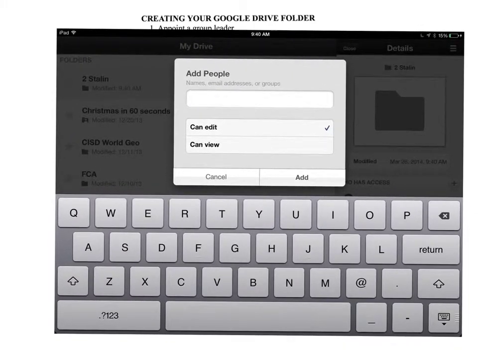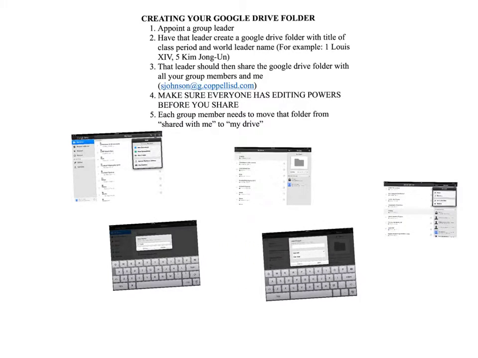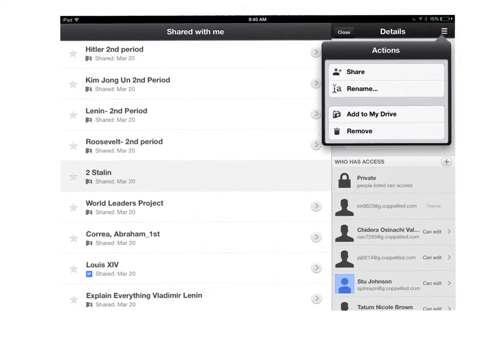In order to add people, they need to type in the email address of the people they're adding and make sure that it says that they can edit by checking the can edit option and then clicking add. Once all group members, along with the teacher whose email address is given to the students, have been shared the Google Drive folder,